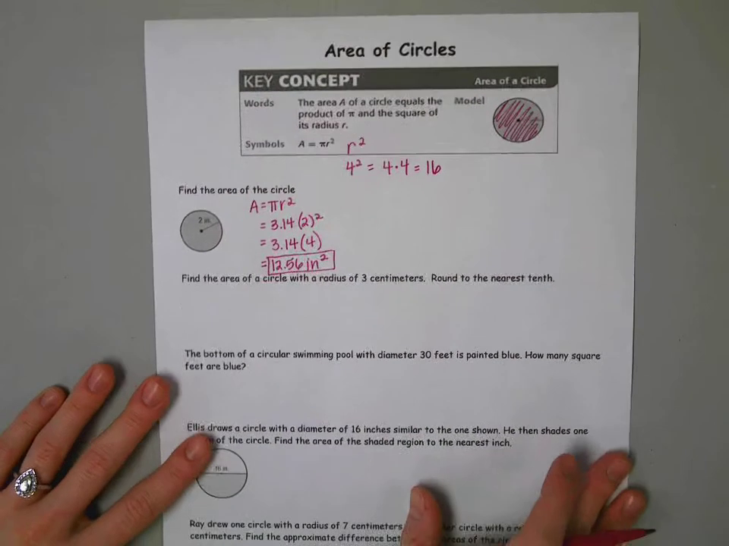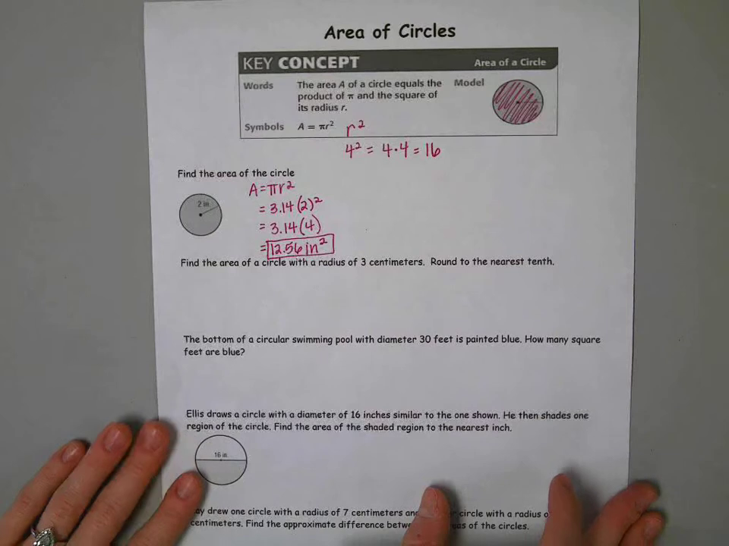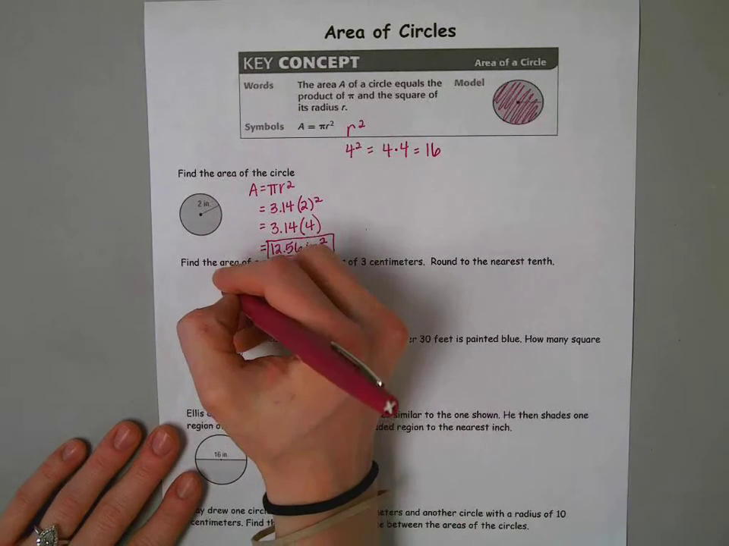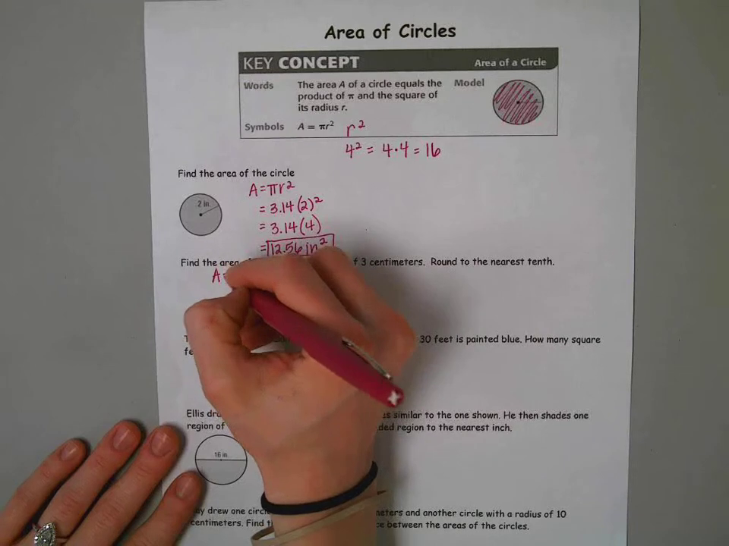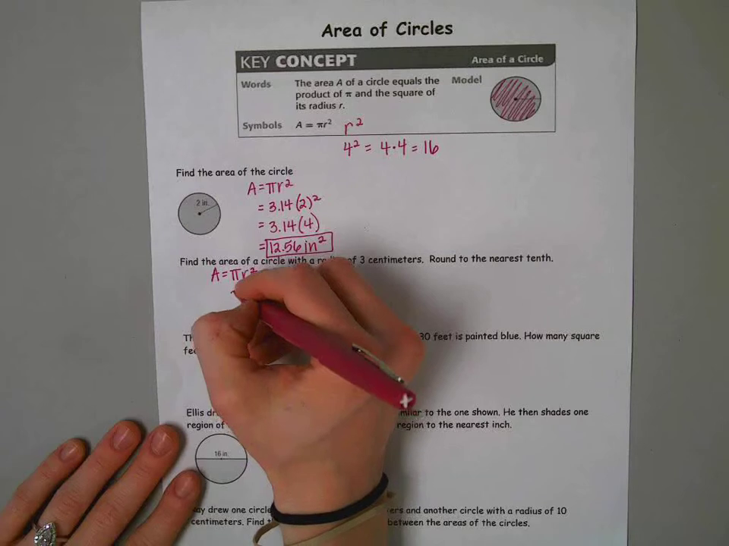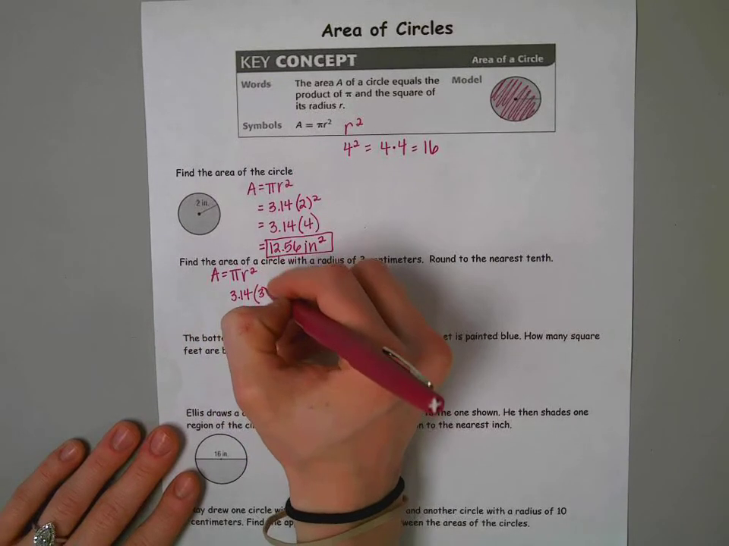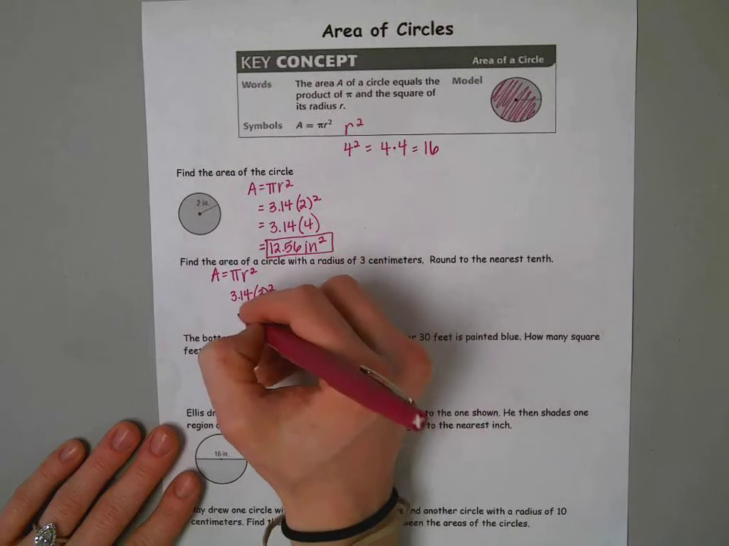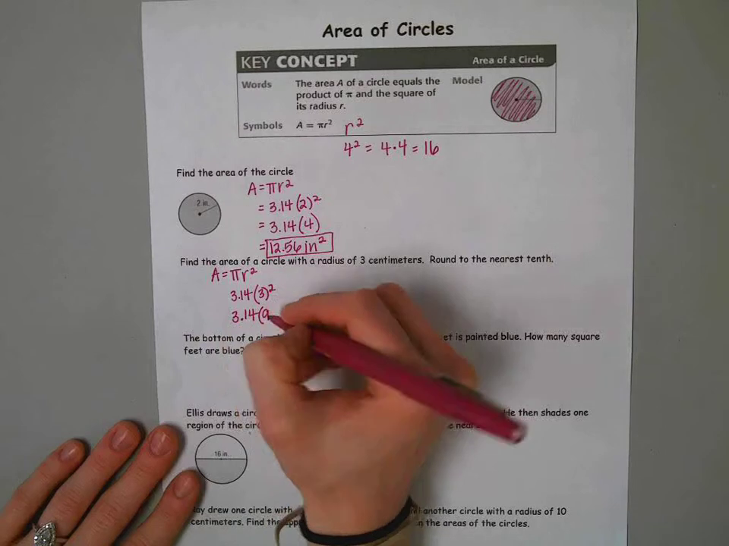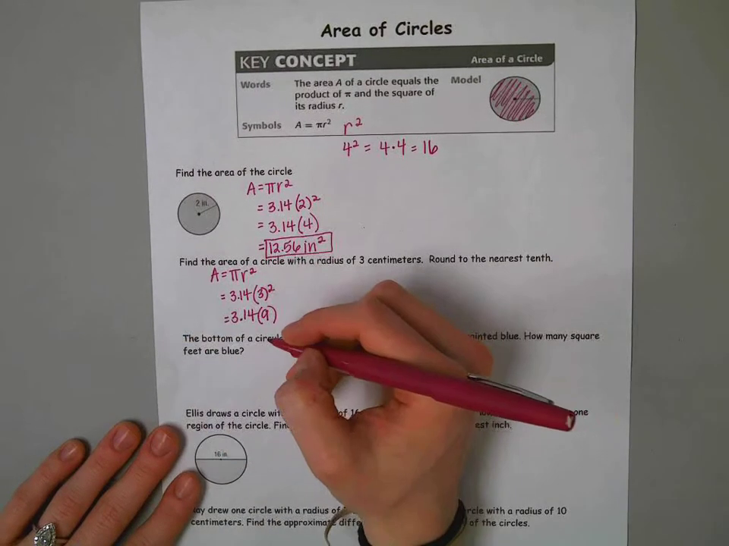Let's look at another example. Find the area of a circle with a radius of 3 centimeters and round to the nearest tenth. So I'm going to write the equation again. The equation is area equals pi r squared. Pi is 3.14 and the radius is 3, so times 3 squared. 3 squared is 9, so we have 3.14 times 9. And that is going to give me